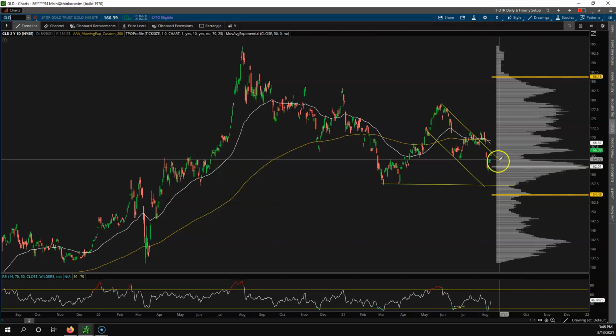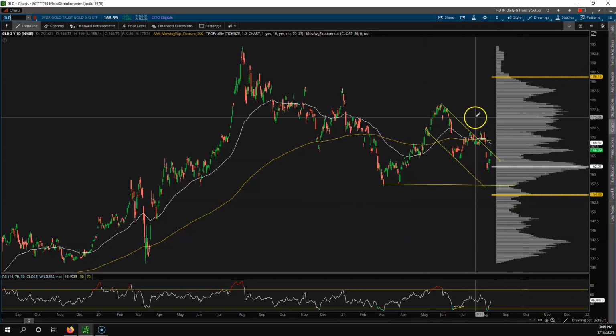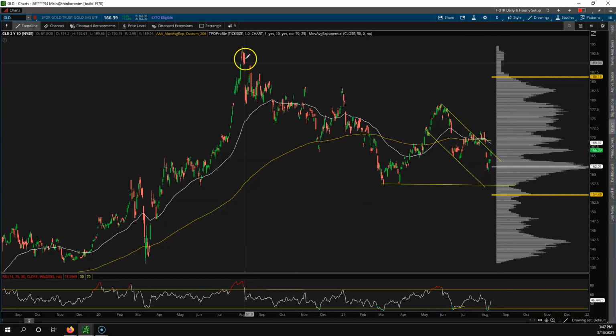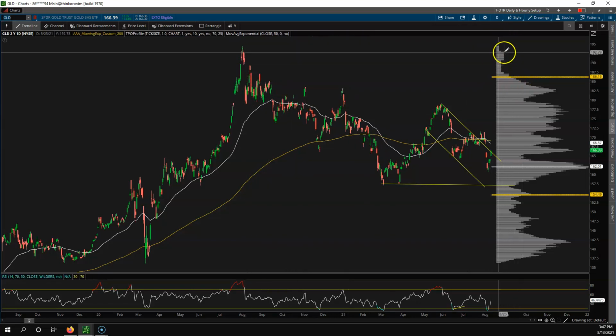Point of control. Okay. And real quick, here's a perfect example of what I look for, right? Something like this. This is what I'm waiting for the S&P futures and NASDAQ to do. This is what excess looks like to the upside. Okay. And we could see what happens once you finally make that excess, right? So I just saw that. I want to kind of point that out to you as I try and give you guys little nuggets of